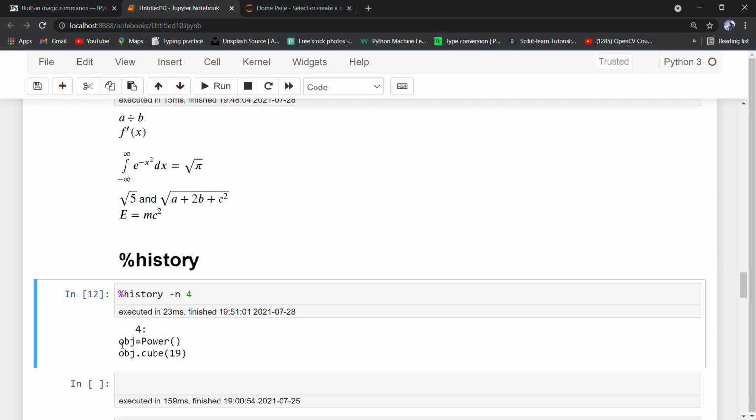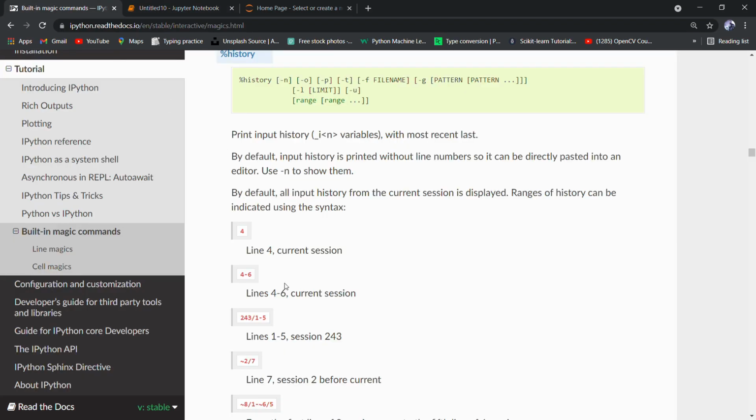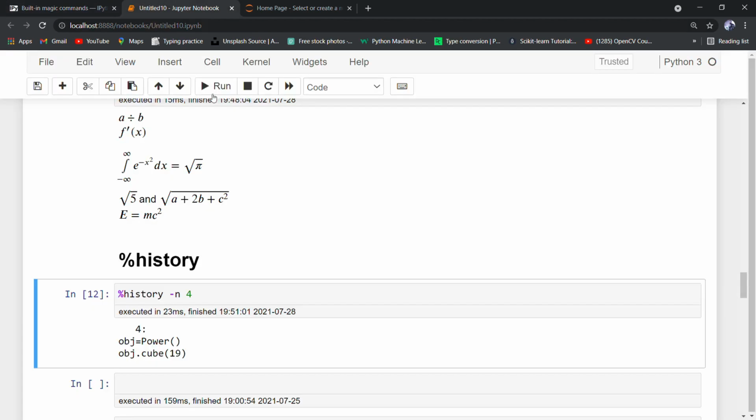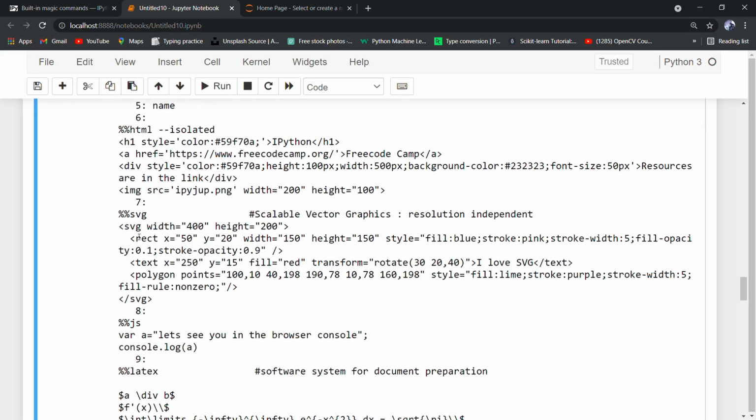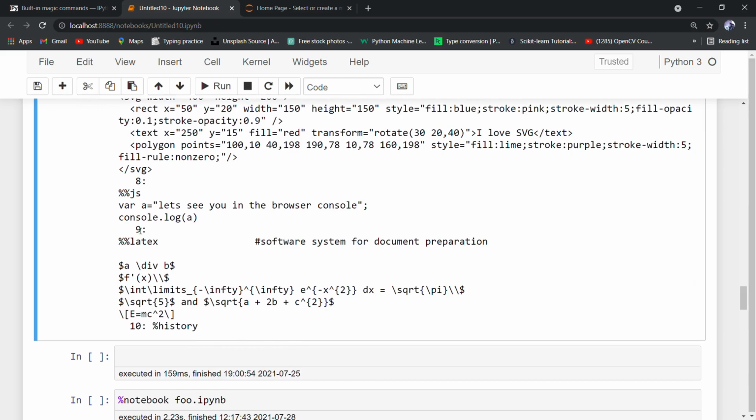So this gives me the desired result. Let's read more. Lines 4 to 6 current session. So we can also give the range, like from 4 to, let's say, 10. So it prints out the input lines 4, 5, 6, 7, 8, 9 and 10.